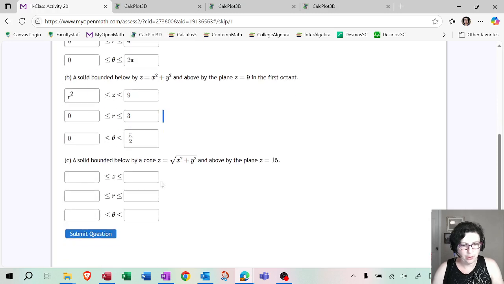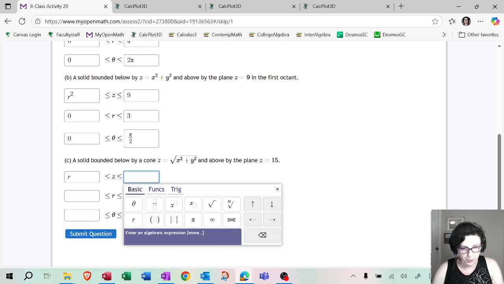Okay, so the last example is where you have a cone. So notice the difference between the paraboloid, which doesn't have a square root, and that's just z equals r squared. And this is a cone where it's just z equals r, right? So there's a difference whether it goes like a parabola or like a line. And on top, it's bounded by z equals 15. So the square root of x squared plus y squared, what is that? That's your bottom surface. So what is the square root of r squared? Well, that's r, and the top is just 15.